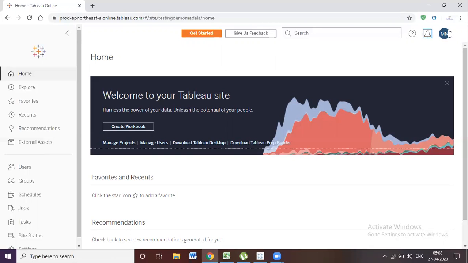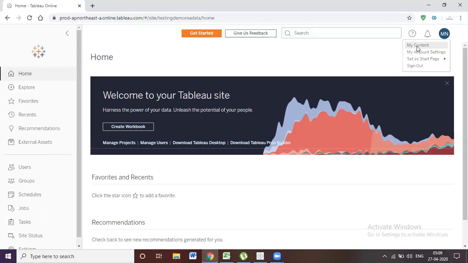And once you log in, you get this icon with your name. Now you can see My Content and Settings. If you click on this, you will get some options. My Content, if you click on it, whichever content you are the owner of will be shown here.